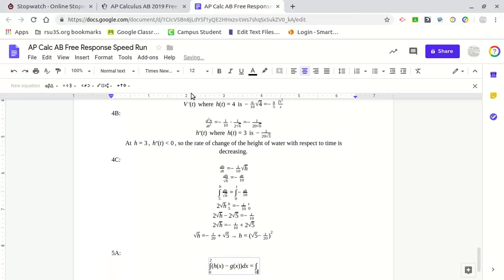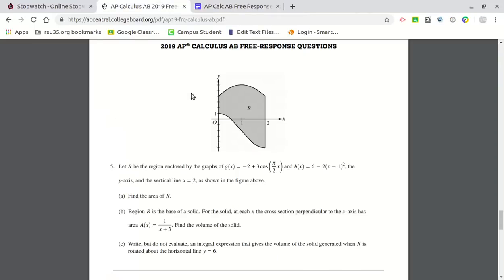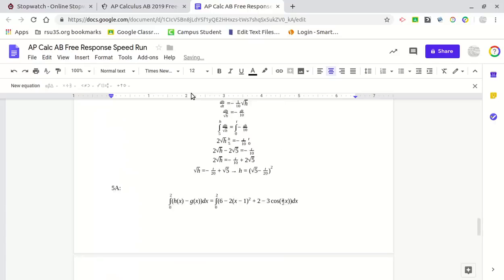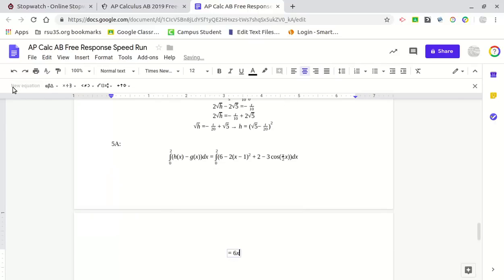Okay. So the integral from 0 to 2 of 6 minus 2(x minus 1) squared, minus negative 2, so plus 2, minus 3 cosine of pi over 2 x, dx. So that equals 6x minus 2(x minus 1) cubed over 3, plus 2x minus 6 over pi, because I'm dividing by pi over 2, so 3 over pi over 2 is 6 over pi, sine of pi over 2 x,